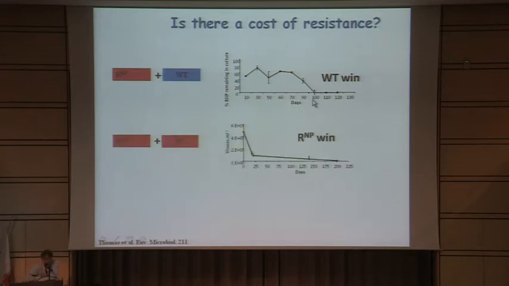The second competition experiment is between the resistant non-producers and the resistant producers. Here we can measure the release of the virus, which indirectly measures the presence of the resistant producers. And every time the resistant non-producers are the winners. So finally, the resistant producer has a higher cost compared to the non-producer, which has a lower cost, but still a cost compared to the wild type here. And with this system, we can more or less quantify the cost of this resistance.